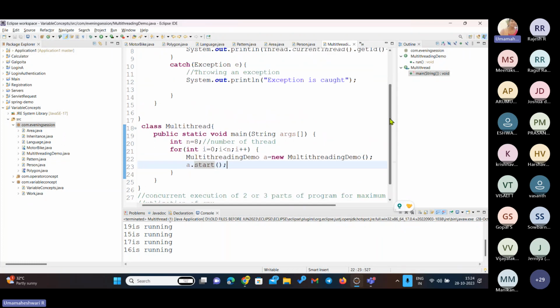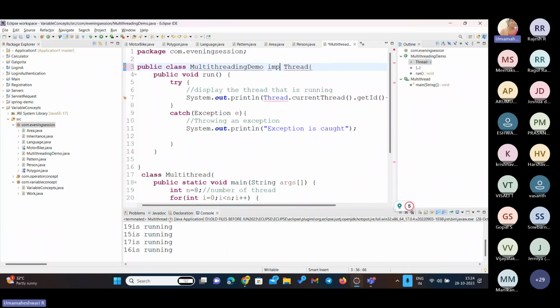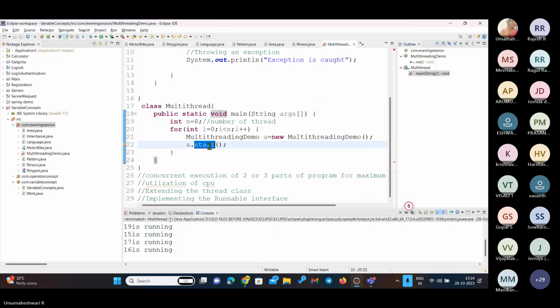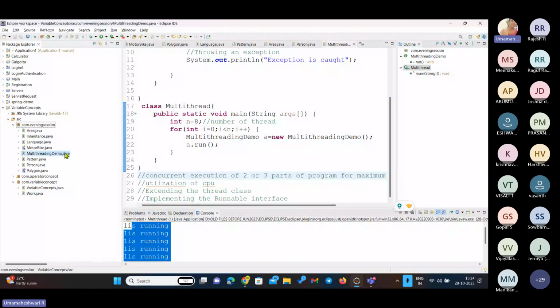So for the Runnable interface, what we need to do is, again I'm changing this extends keyword to implements. Okay. And what is the interface name? It's going to be Runnable. Okay, so Runnable, we have mentioned. So how we can perform is the same thing. It will be the same process. So an error is showing up. Okay, so this is how it will be running. Clear? So concept wise what is happening,